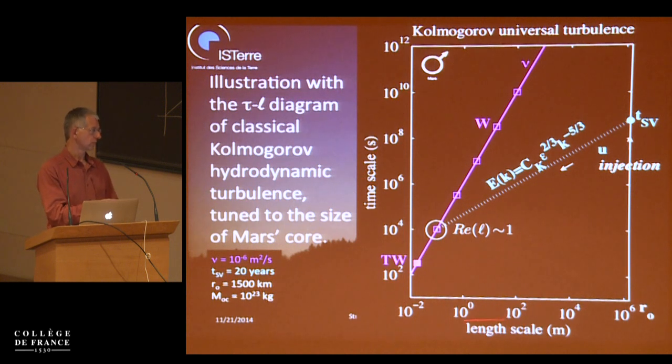As a function of the length scale, you can think of the typical size of an eddy at which this process is taking place, from 1 centimeter all the way to the largest scale we can have, which is taken here as the radius of the core, right? In that representation, this famous Kolmogorov law looks something like that.